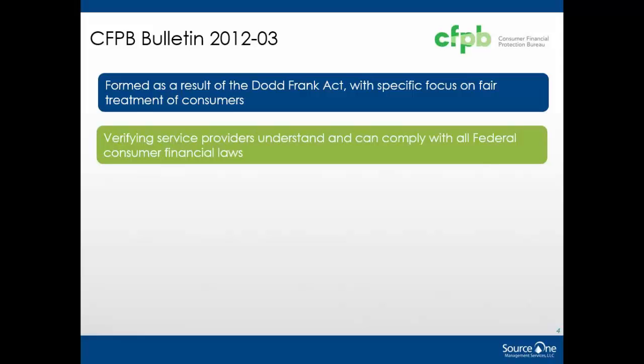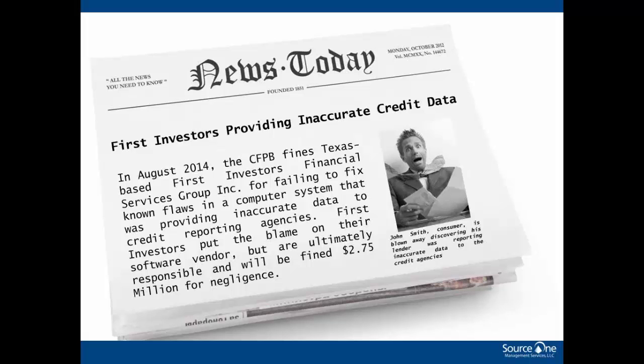The problem was discovered in April 2011. The evidence showed that First Investors notified the supplier, but then didn't really follow up on it, didn't act on it, didn't make sure that any of the findings in their investigation were remedied. So these inaccurate reports were going across, and the kind of information that was there was distorted dates in terms of payments, inflated delinquencies, wrong payment amounts and overdue amounts, mischaracterization of the vehicle surrender.